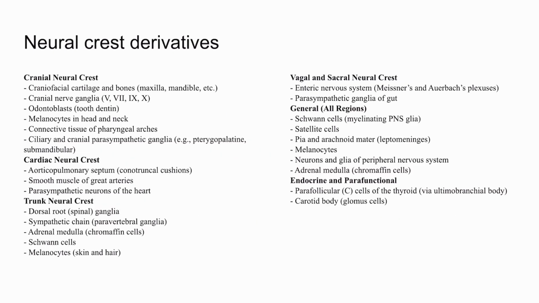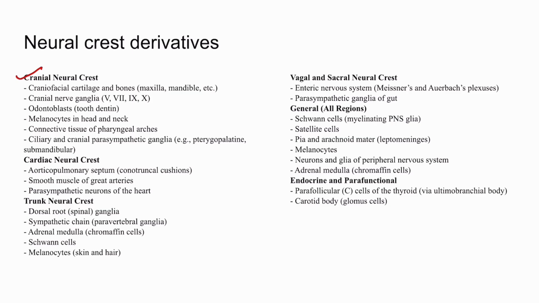Now come to the neural crest derivatives. Cranial derivatives include the craniofacial cartilages, cranial nerve ganglia, odontoblasts, melanocytes, connective tissue of the pharyngeal arches, ciliary and cranial parasympathetic ganglia like pterygopalatine and submandibular ganglia. Cardiac neural crest includes the aorticopulmonary septum, that is conotruncal cushions, smooth muscles of the great arteries, and parasympathetic neurons of the heart. Truncal neural crest derivatives include the dorsal root ganglia, sympathetic chains, adrenal medulla chromaffin cells, Schwann cells, melanocytes,